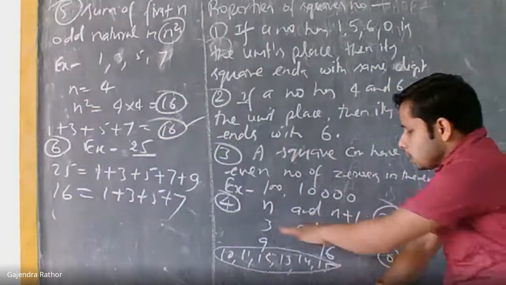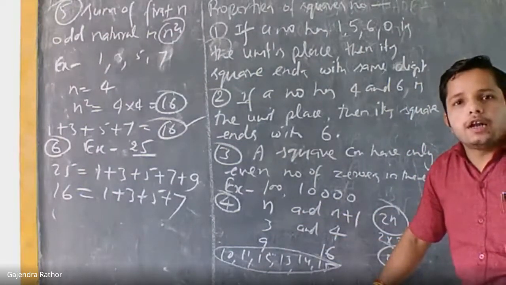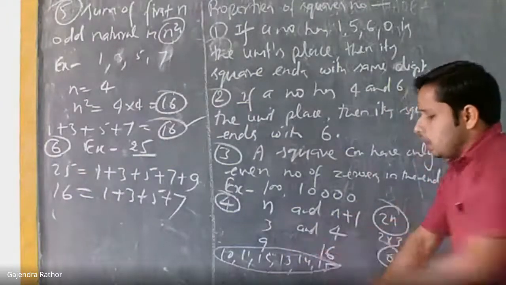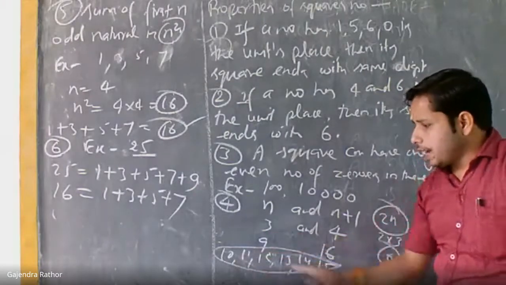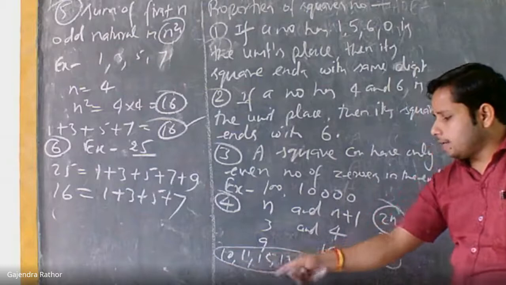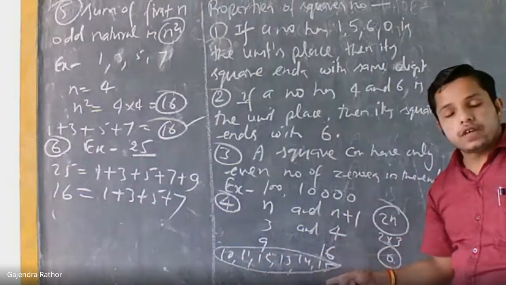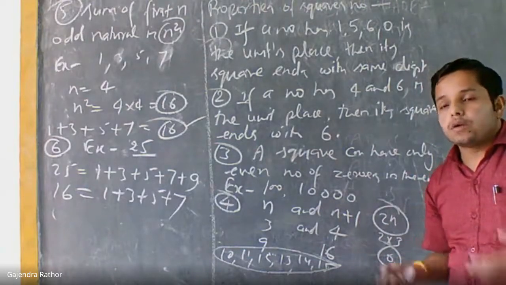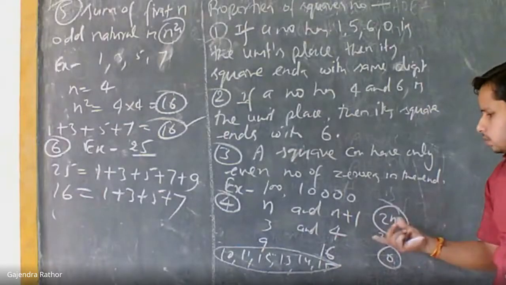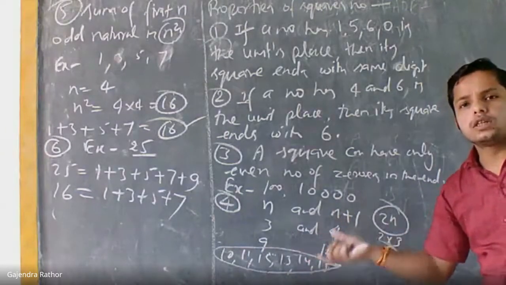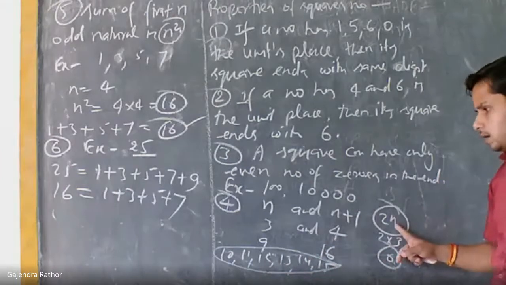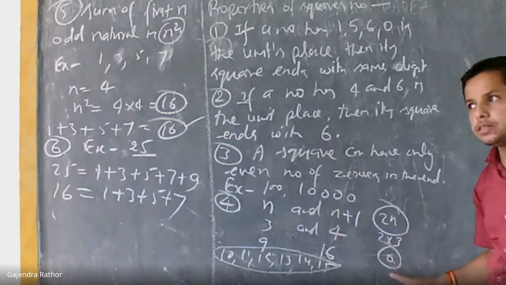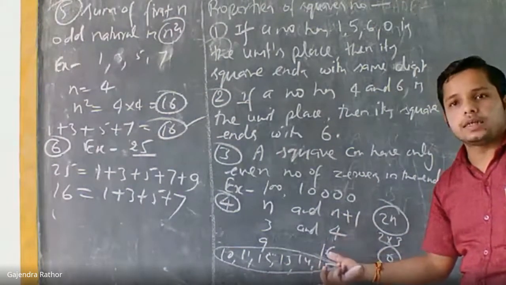We are asked how many non-perfect square numbers are between the squares of 3 and 4. First we note the squares of both, 9 and 16. Then we manually note the numbers from 9 by counting: 9, 10, 11, 12, 13, 14, 15. How many numbers are there? 6 numbers. But since we are studying squares, we have to use the property of squares. According to this, we don't need to do all this. We can do it in very short time. Only 2n. So what is n here? 3. So 2 times 3 is 6. It means how many numbers are there in between? 6 numbers.